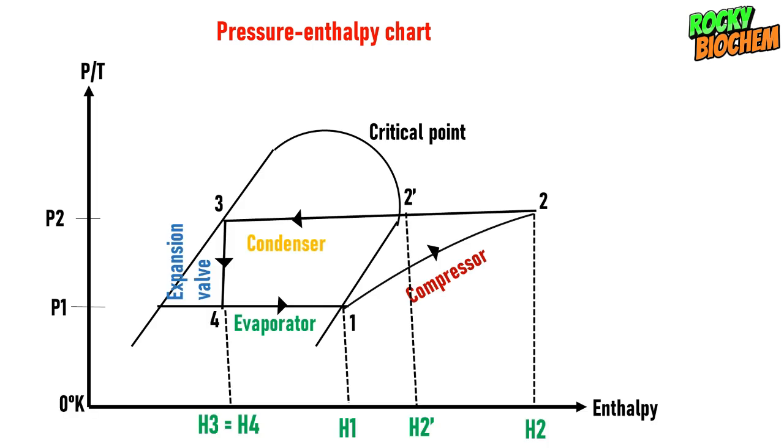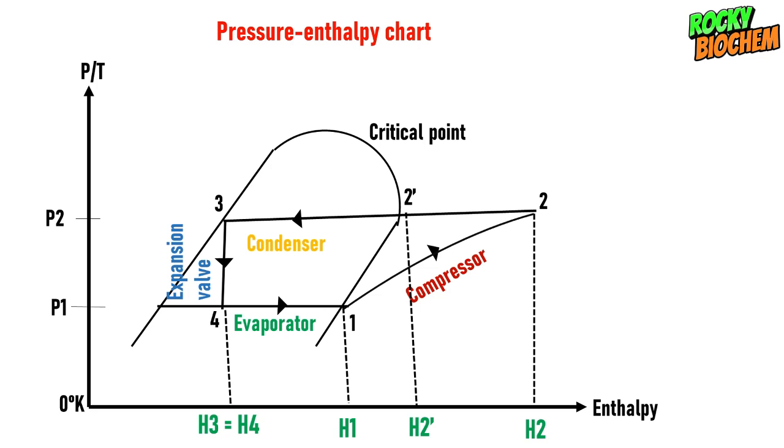Now, let me move on to talk about pressure enthalpy charts. The whole of the refrigeration cycle can be represented by using the pressure enthalpy chart. So as you can see, we started at maybe point one here. Let's say where the first arrow is, as you can see from here, this is the evaporator region. So point one here represents the evaporator region. At point one, we absorb the heat from the food,